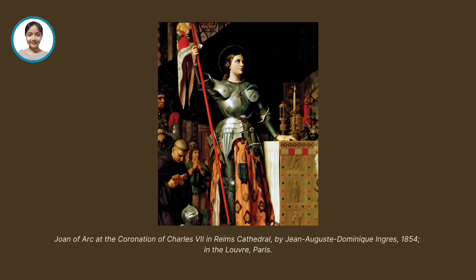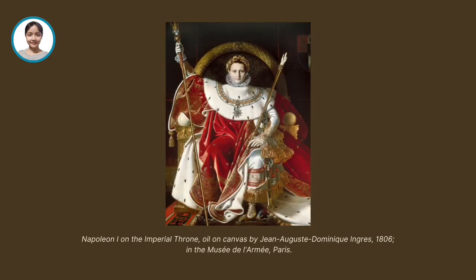Ingres makes Joan, a woman, into a noble and divine character, focusing on her ability to endorse the French king. This artistic representation of Charles VII's coronation in 1429 shows Joan in military dress praying before him, giving her symbolic representation both as a spiritual and a hero figure. And the last for Ingres is Napoleon I on the Imperial Throne in 1806. The emphasis is on the imperial dignity of Napoleon with all manner of palatial outfit and the attributes of power such as a scepter and the globe.